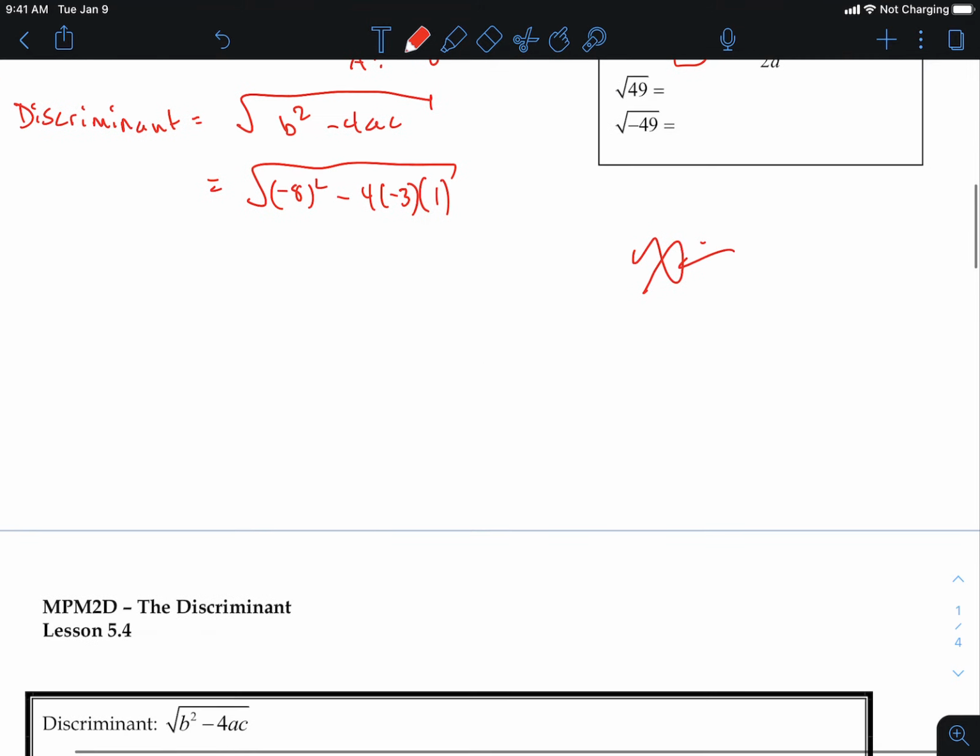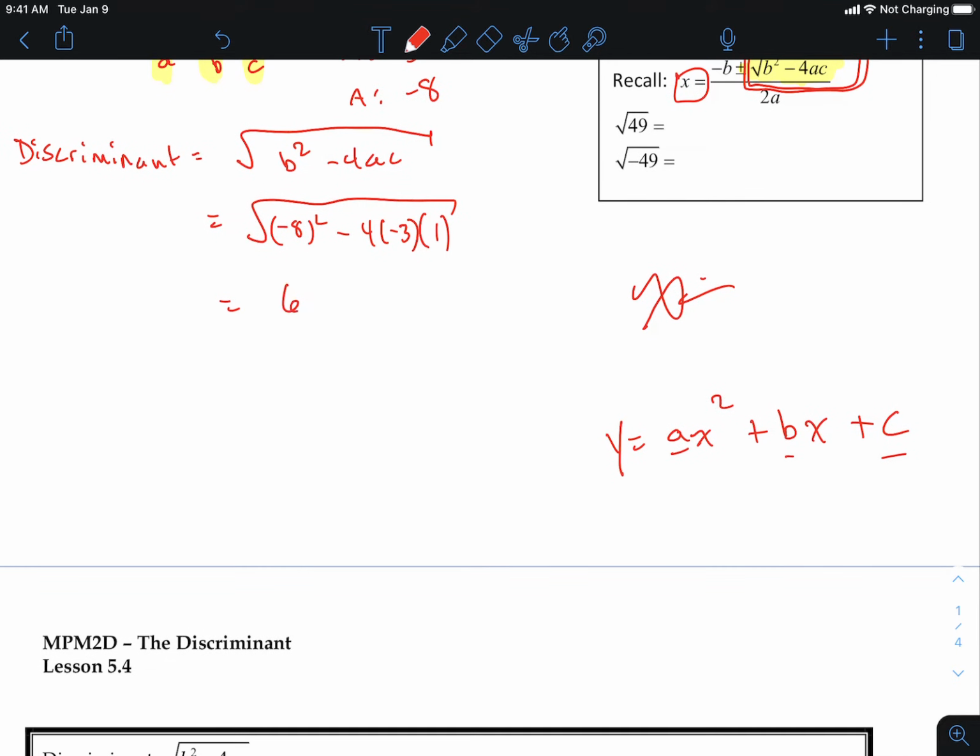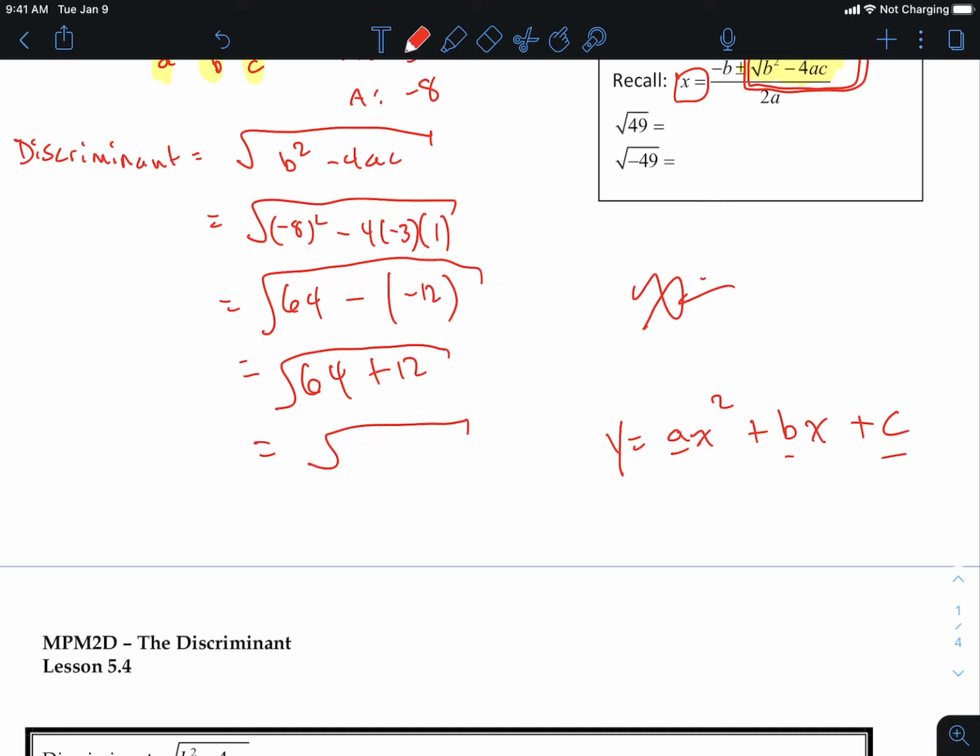Remember if I were to write standard form, y equals ax squared plus bx plus c? A, B, C. They don't include the variables. Okay, so what number do we get? We get 64 underneath here. Minus 4 times negative 3 is negative 12. Which is 64 plus 12 square rooted, which equals the square root of